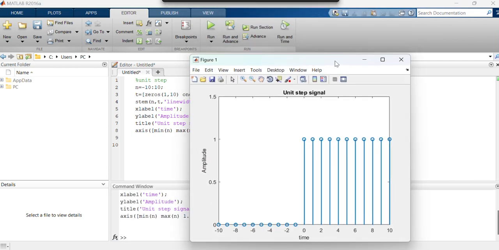Great, and here it is. 0 greater than 0 is 1, else it's zeros. Okay,